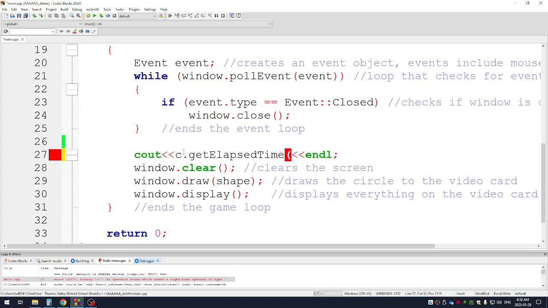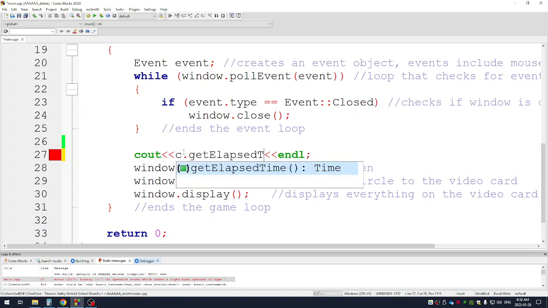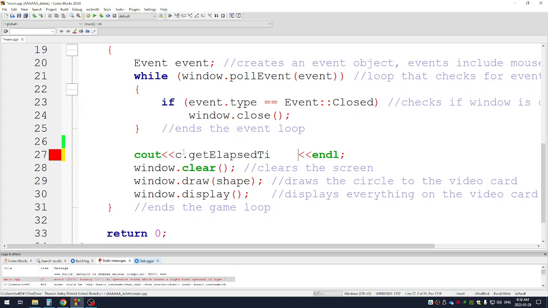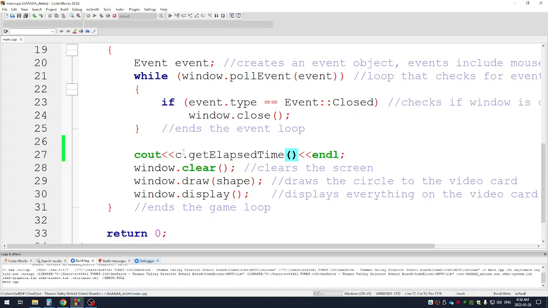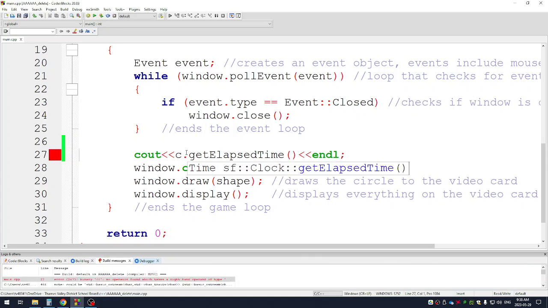Is it empty brackets? Yeah, it is empty brackets. Mine doesn't auto type for some reason. Okay, so I'll run that. Now, let's look at this. Still the error there. And the problem is,